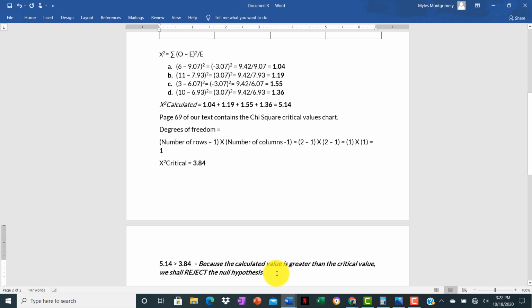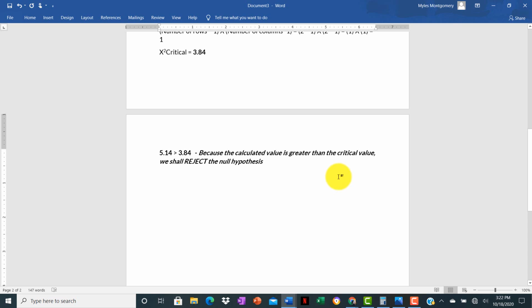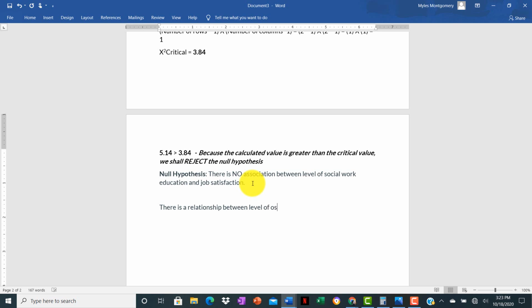So now, let's refresh our memory. What was the null hypothesis anyway? We'll just come down here and see if we recall it. I'm going to print it out for you. There is no association, you could have said relationship, between level of social work education and job satisfaction. Because the calculated value is greater than the critical, we're going to reject this. If we're rejecting the null hypothesis, which says there is no association, then what is our ultimate finding? There is a relationship or association between level of social work education